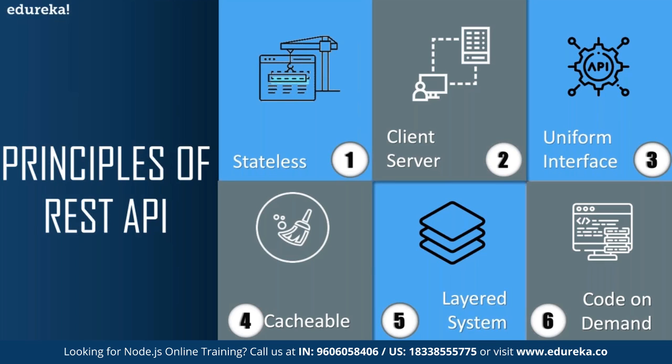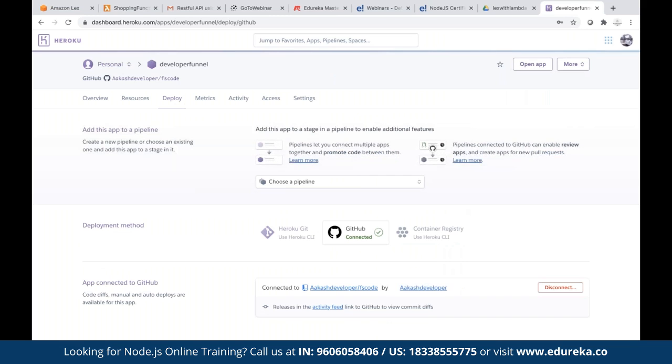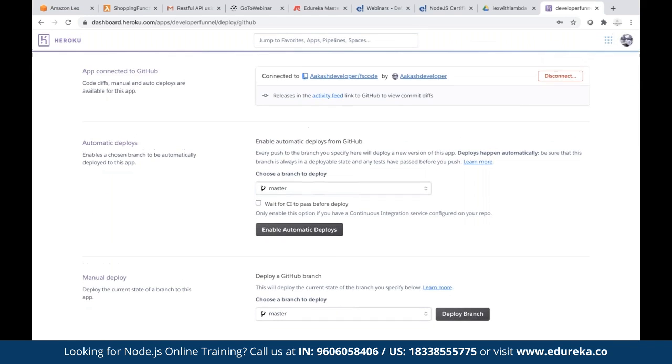All of us will get the same response, guys. It's a client-server based model and it has a uniform interface. As I said, anybody who requests it is going to get the same response. That's called a uniform interface.